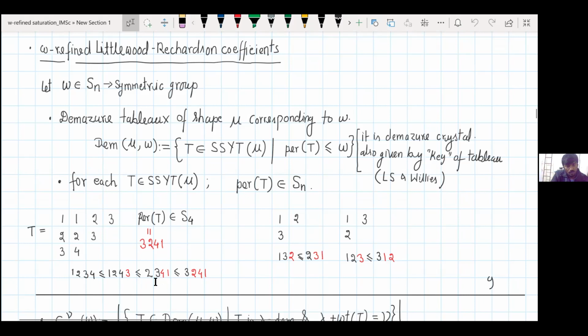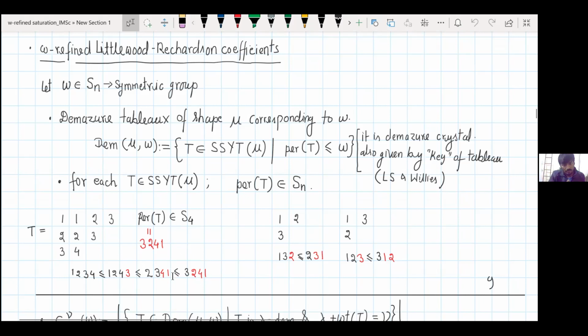You have to put the entry such that it is minimal but still bigger than the previous one. If you put 1 here, it will not be bigger, because you arrange these three terms in increasing order and compare, and this will be less. So you have to put the entries which are minimal but bigger than this, so 4 appears here. Next there is only one choice, 1. Similarly, here the last one is 3, and next you have to fill three elements depending on this. You can see that you have to put 2 4 1.